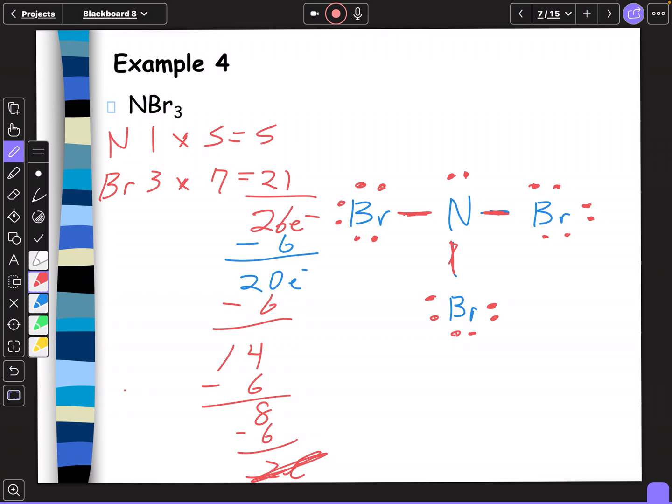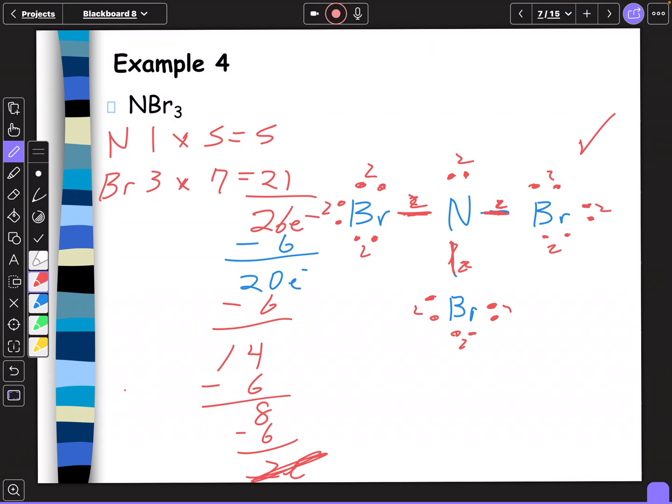All I have to do now is look and see if it satisfies the rule. So this bromine on the right is surrounded by 2, 2, 2, and these 2 right here, so a total of 8. This last bromine has 2 on that side, 2 there, 2 there, 2 there. It's surrounded by 8. And then I look at nitrogen. I've got 2, 4, 6, and then I've added those lone pairs, 2 more. It's surrounded by 8. So that would be the correct Lewis structure for